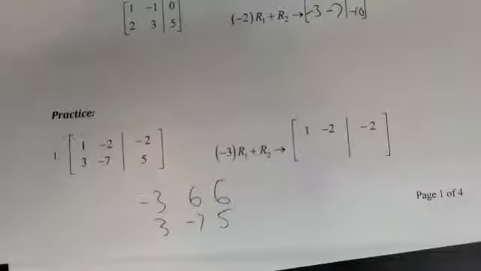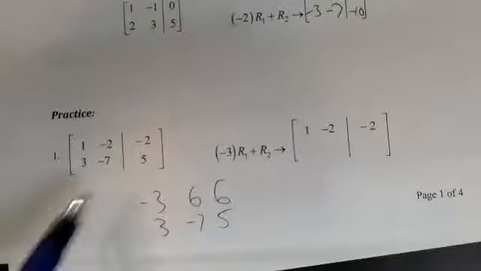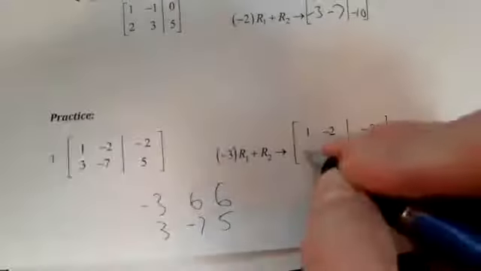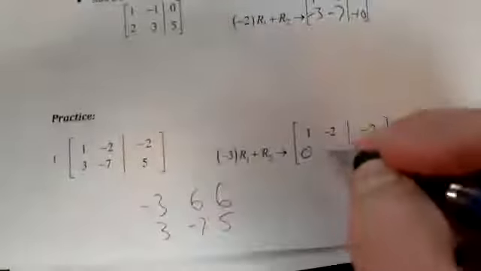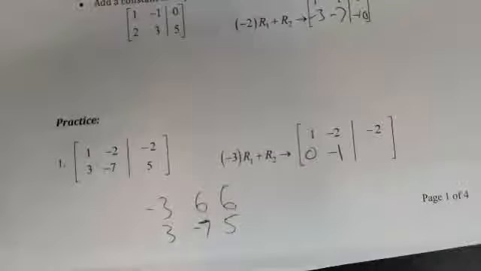I'm adding these two things together, minus 3 and 3, and 6 and 5 should give me